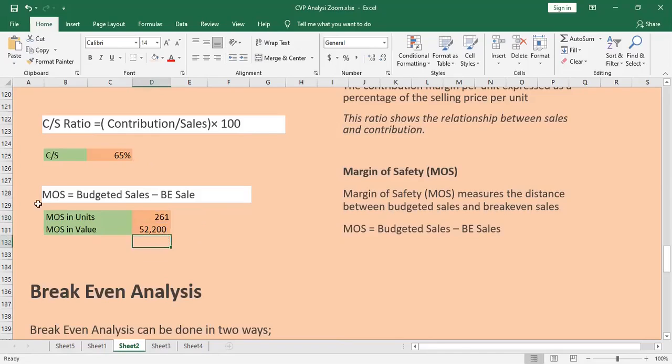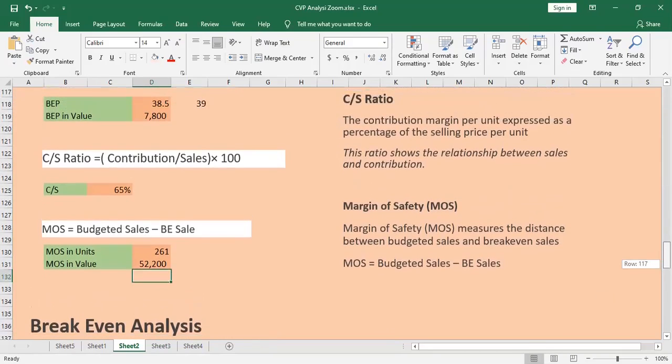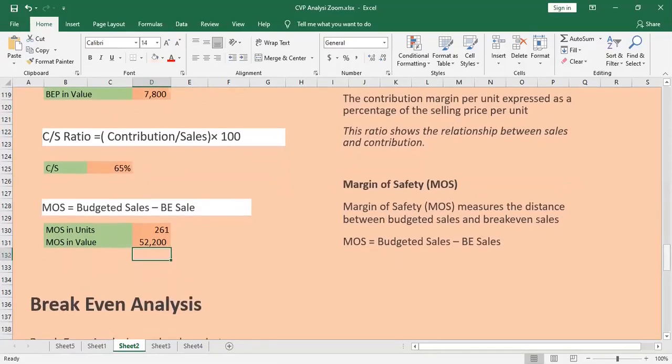All right. So MOS, or the margin of safety, is giving you an idea about your sustainability within the market. How much margin you have left for your safety, how much you can tolerate if the sales drop in the market, up to what extent you can tolerate as a business. That is margin of safety. Again, I'm reminding you, this is a short-term exercise. This analysis should only be done for the short term, right?